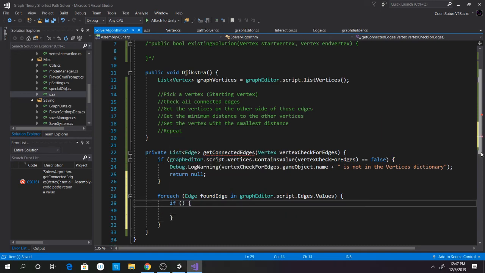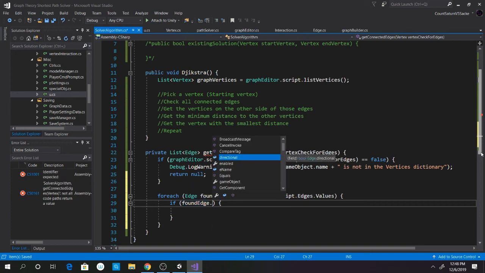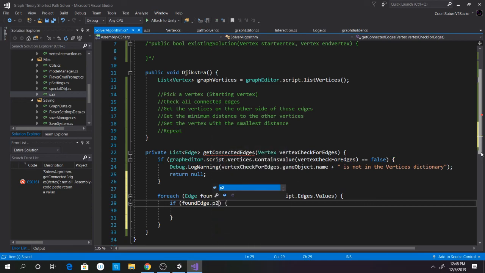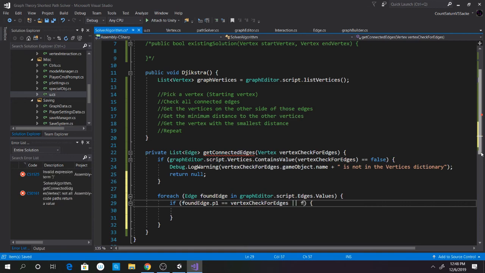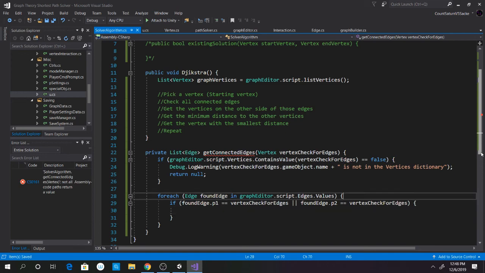If found edge.p1 is equal to vertex check for edges, or found edge.p2 is equal to vertex check for edges, then